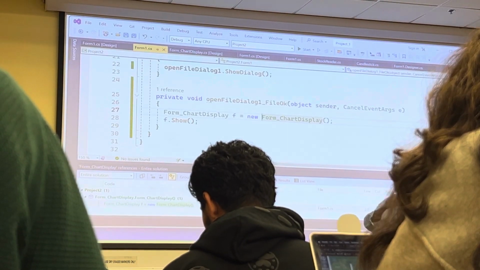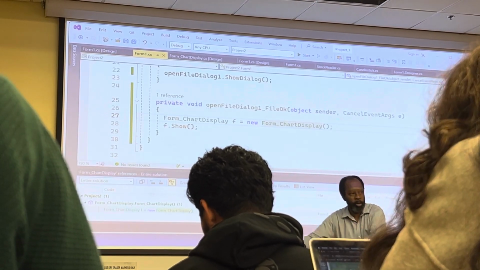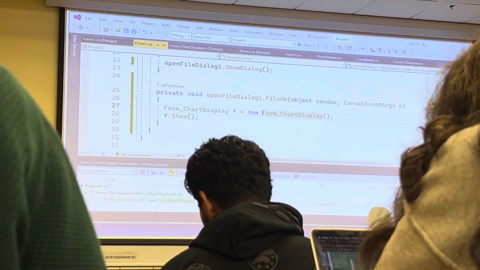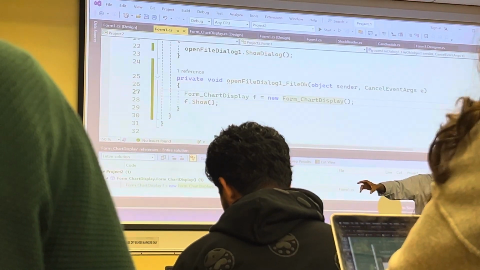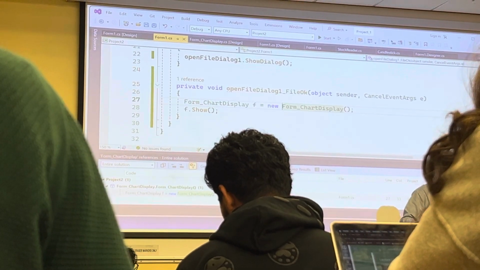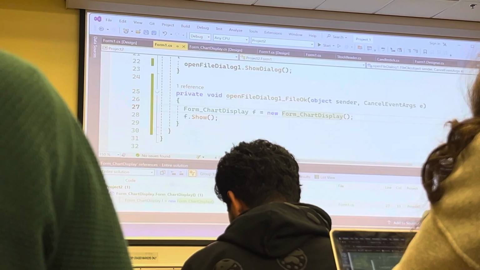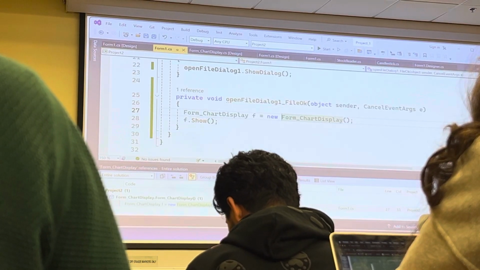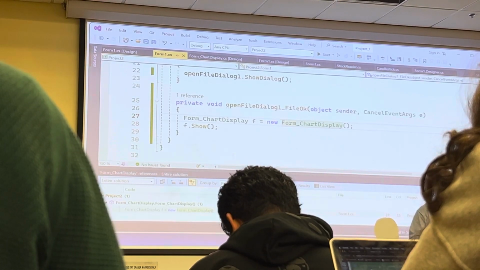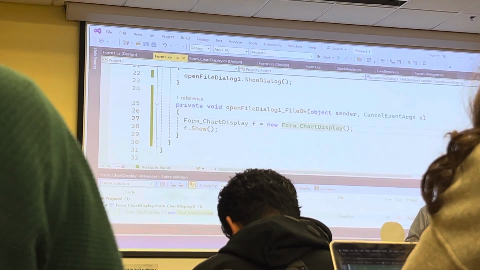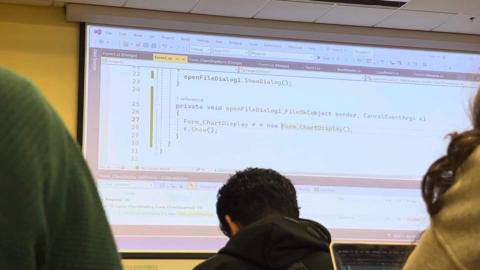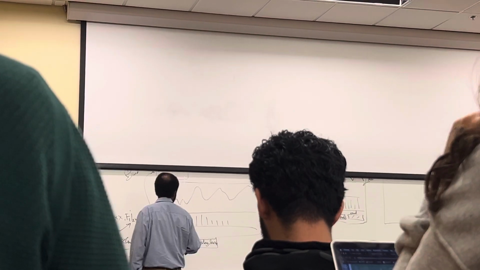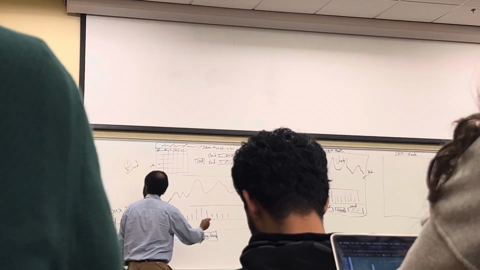But that's going to be a constructor that takes a few pieces of information, so that when the input form instantiates one of you, it passes that information. Right now we just did it without passing the information, so we just got a form. We're going to add another constructor, and that one is going to take the list of candlesticks, just so that you know what's going to happen. So once you click on this, the open file dialog comes up,